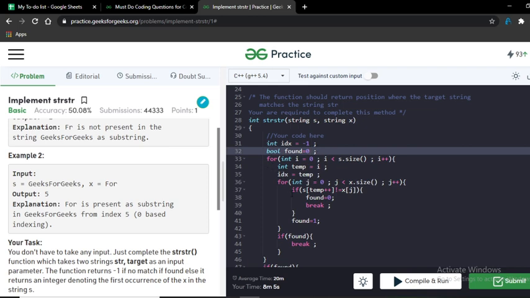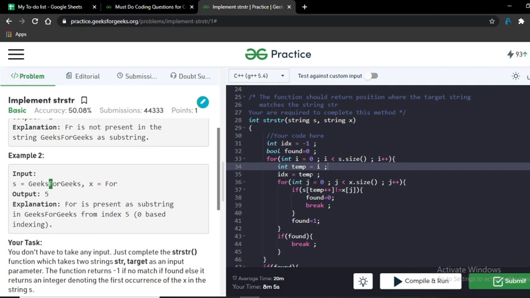Fine. So we have a nested loop starting from i equal to 0 to s dot size, which is n. Then we have temp equal to i. If the first characters are equal, then we have to increment those characters, but we also have to check the rest of the string. Let's suppose we have for and we have encountered a situation of f.